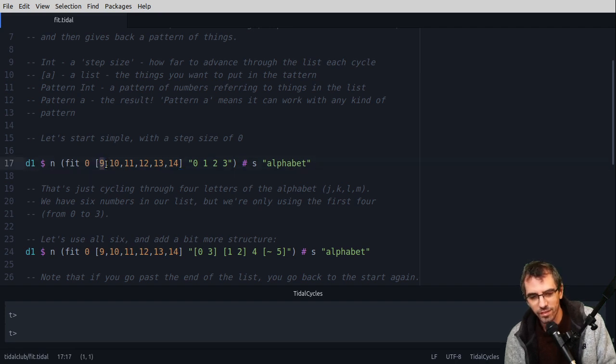Remember that it starts at 0, so 9 will be the 10th thing, and the 10th letter of the alphabet is J. I don't actually know that, I just happen to know that because I've just run this pattern while I was practicing. So these are the letters from J to, I think, O that we're going to be playing with. I didn't start at A because the samples aren't very well edited, so you get this strange offset with some of the letters at the start of the alphabet. I should probably fix that at some point.